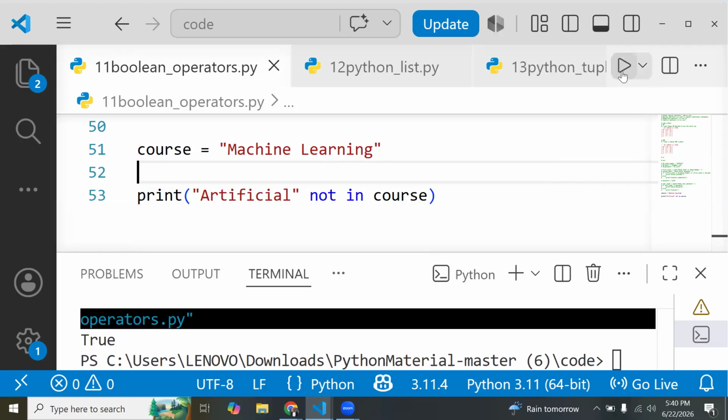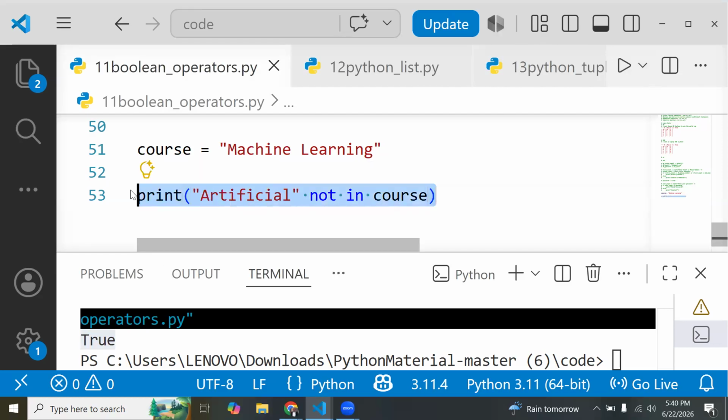So when you run this, this is going to give you a true statement as you see over here. So this is almost like English, okay? But then we call these ones the membership operators, to check if something is found inside of something. So this is just one of it. Later on, when we get to learn about lists and stuff like that,